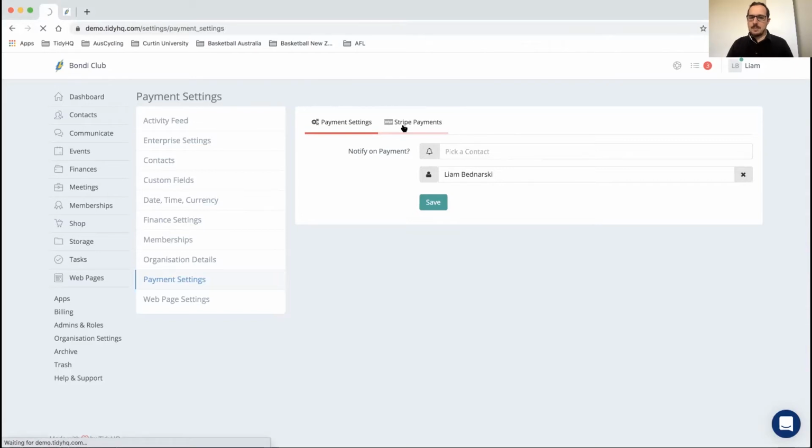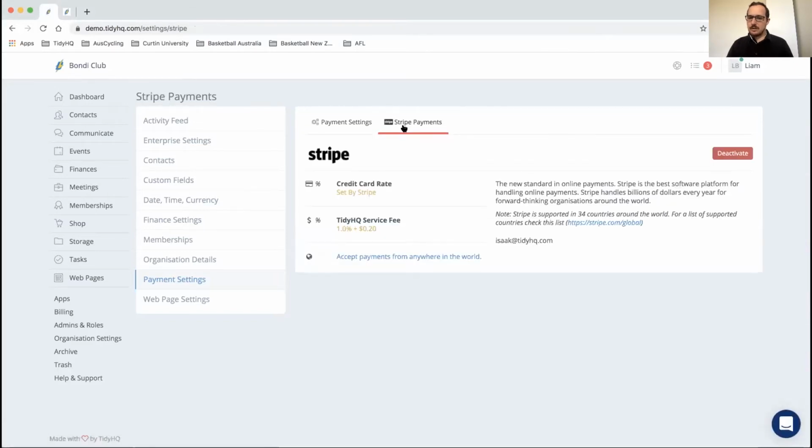So this allows you to activate your database for payment. You can see here, this has already been activated. Now, when you click deactivate or activate, it takes you to Stripe payments. We'll have a separate video on how to set up through Stripe, but it's very important to activate when setting up TidyHQ. This will allow you to utilize memberships, events, and the shop to their maximum capability and put them